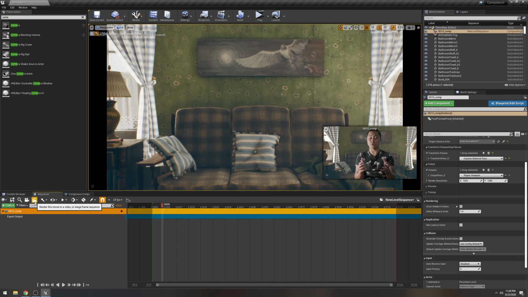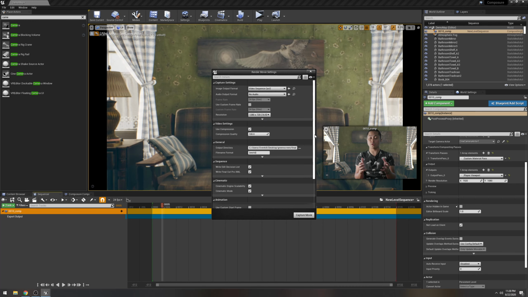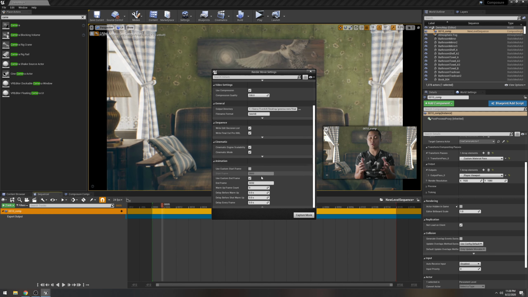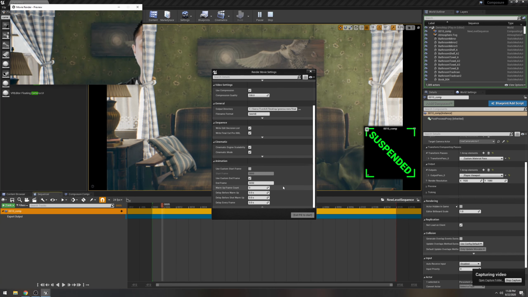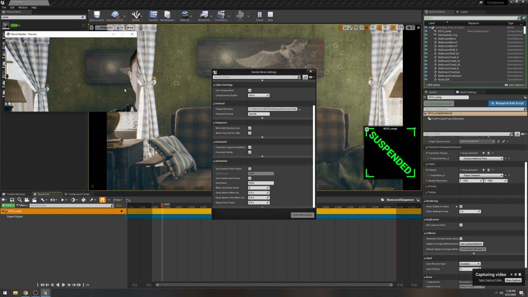Now, if we go to render this movie, AVI is okay. I didn't turn on the ProRes option. We're going to do 10 seconds, press capture, save, and this is how you export a green screen composure timeline in Unreal Engine 4. So you can see that, it's right here. It's okay. It looks like it's cutting my face off right now, but I can guarantee you it's gonna be